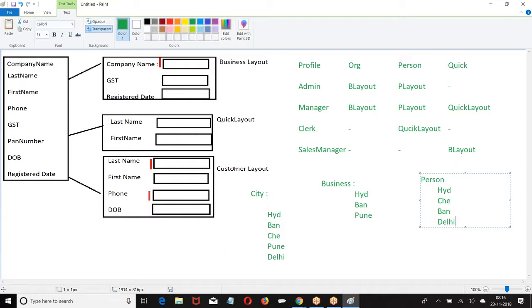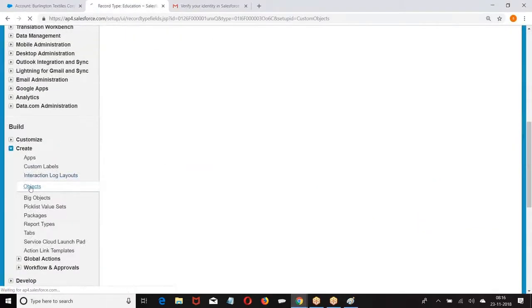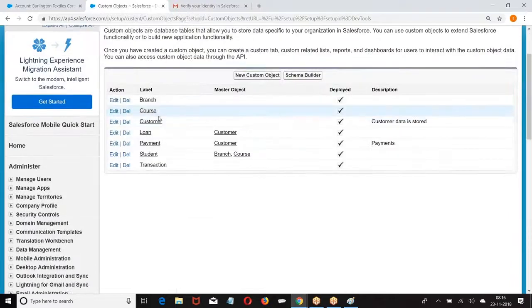If you say sales, I may show Hyderabad, Bangalore, Chennai. If you say service, I may show SR Nagar, Ameerpet and KBHQ. In the same pick list, depending upon your record type, I'm going to show different options. If you say sales, then the branches of sales will be displayed. When you say service, the branches of service will be displayed. The field is the same, but which options in the field are displayed is controlled by the record type. Based on the record type, we want to control the options in the pick list.